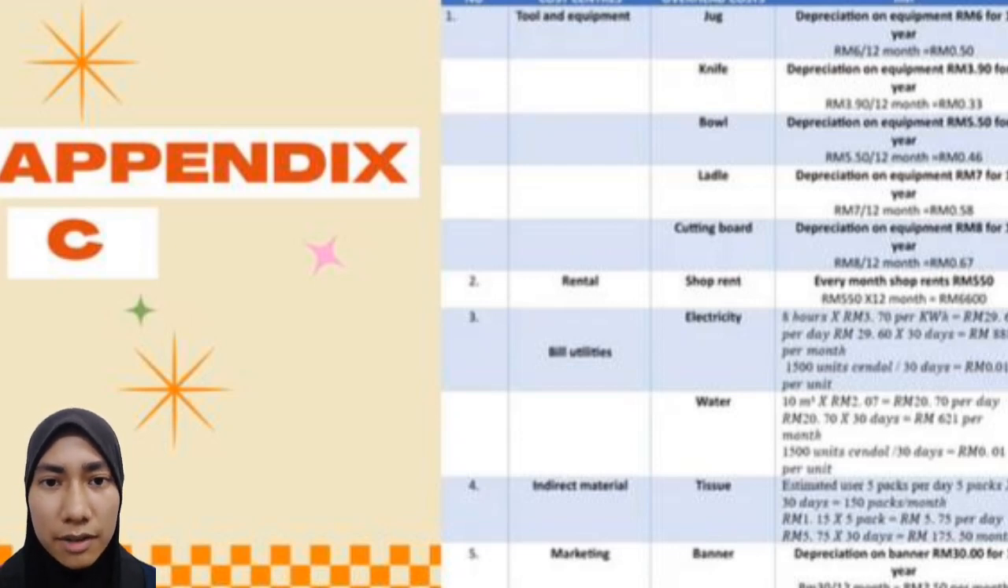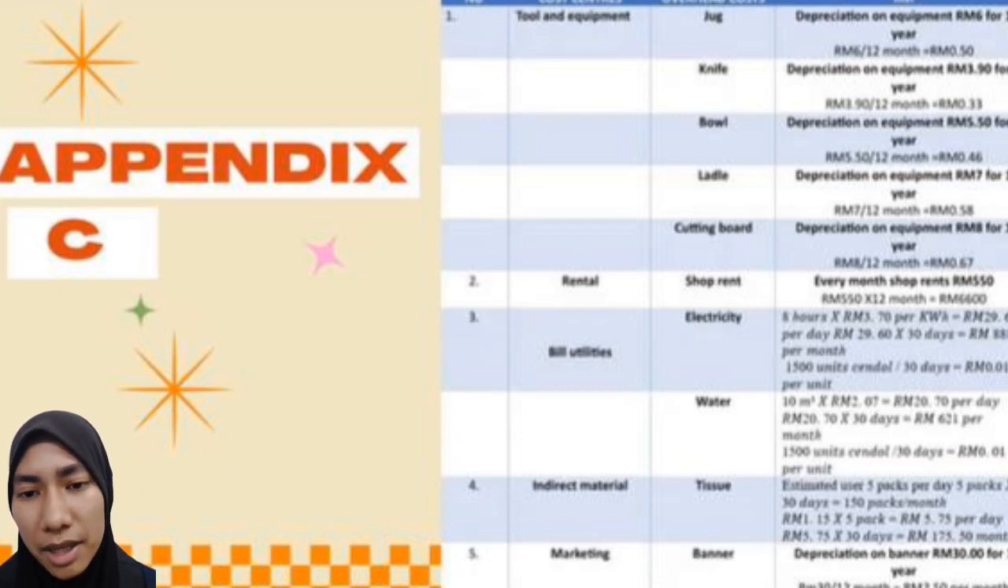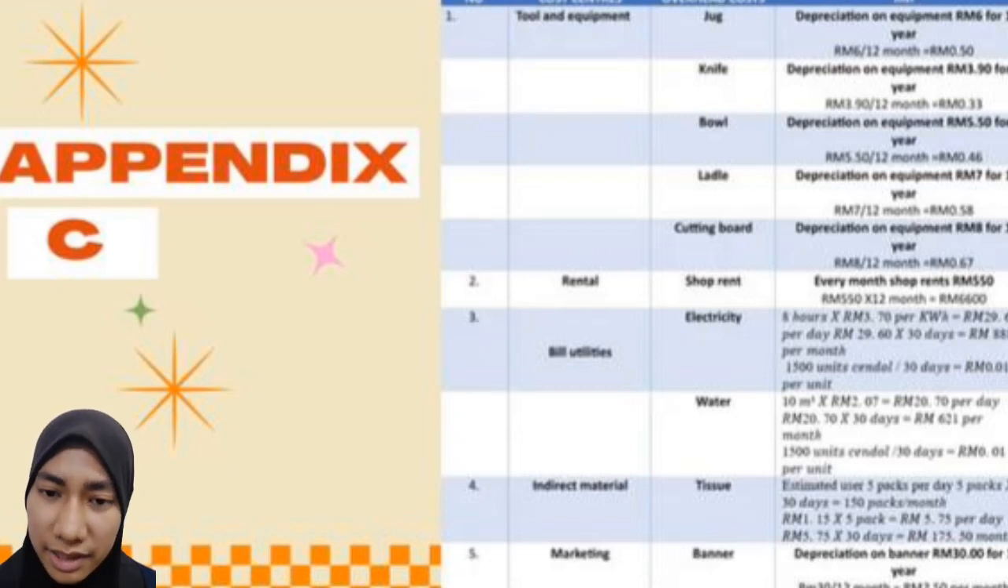The fourth cost center is indirect material, which is only tissue. The estimation of tissue used is 5 packs per day. So 5 packs per day times 30 days will equal